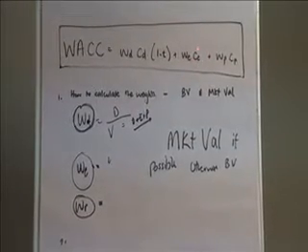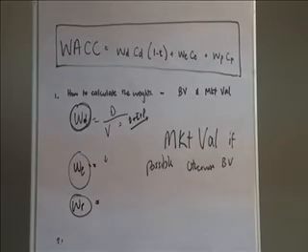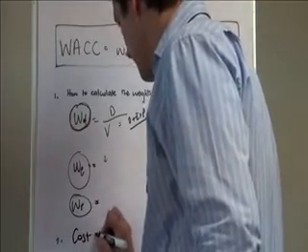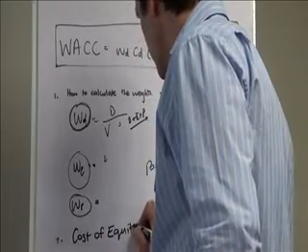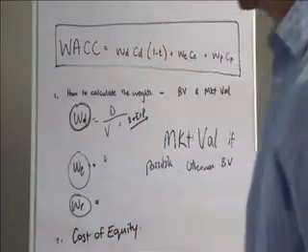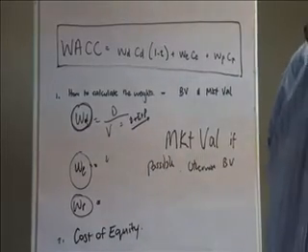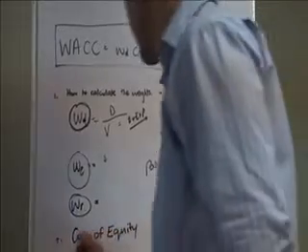Let's just say here we've got the cost of equity, and from the information we've covered, there's only two ways to do it: the dividend discount model